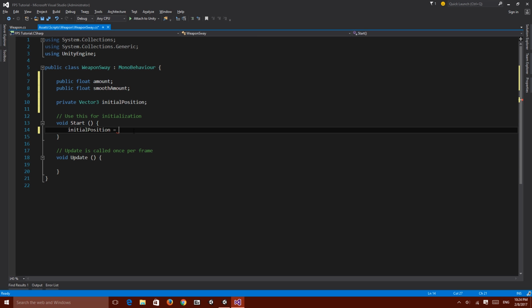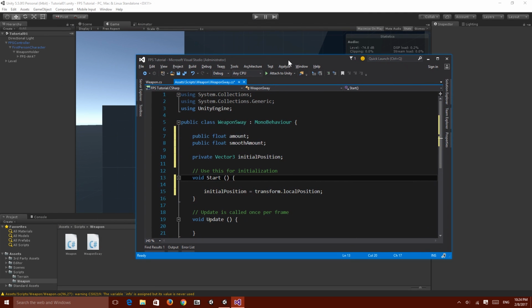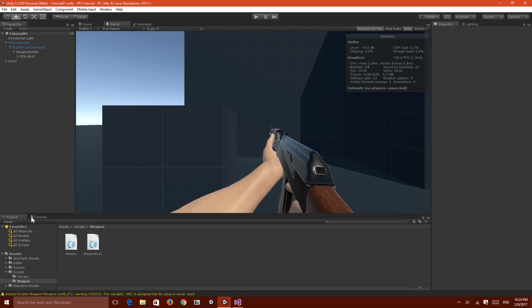So I'm gonna say the initial position will be equal to transform.localPosition, and I'll explain why we're using local position instead of position just in a second. And that second is like right now, okay? The reason why we're using local position instead of